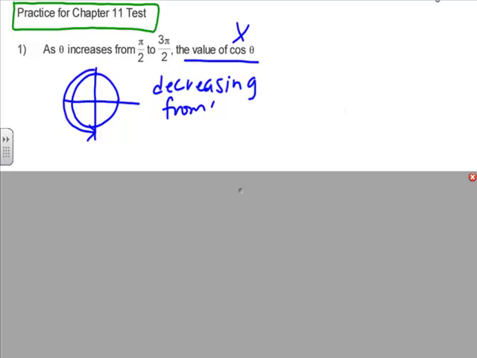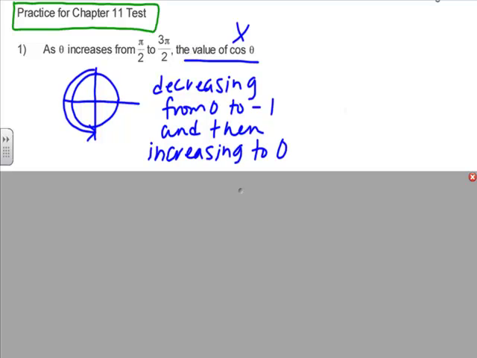So what's really happening in this section is my value is decreasing from 0 to negative 1, and then increasing to 0. Now, before I leave the problem, I do want to remind you that really what this chapter's been about is unrolling this guy out onto